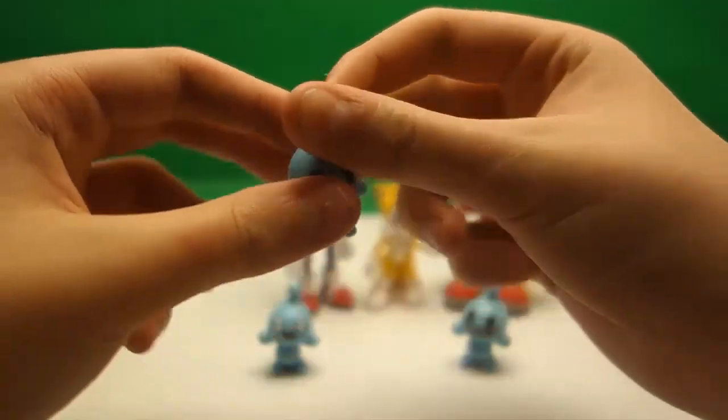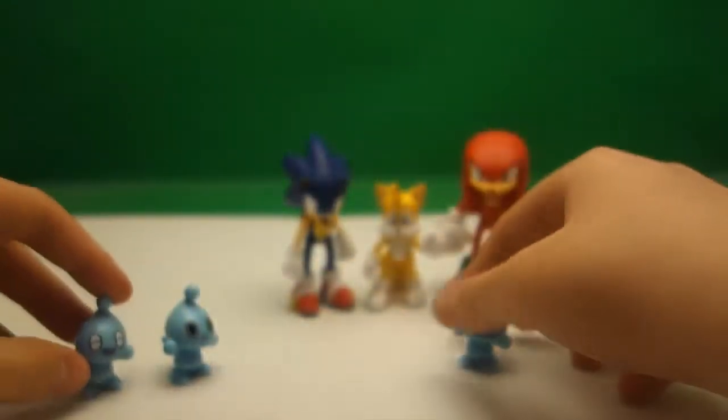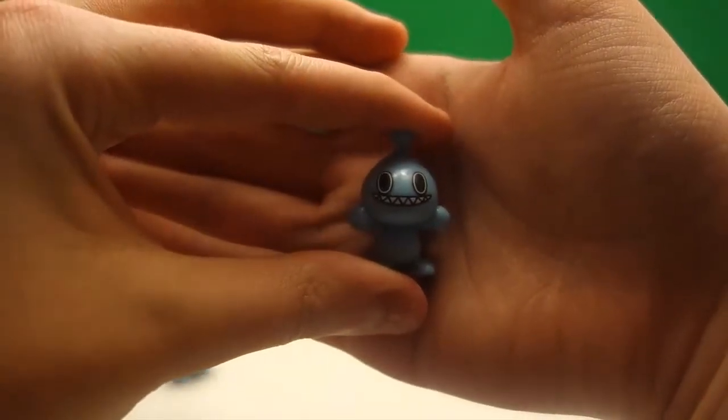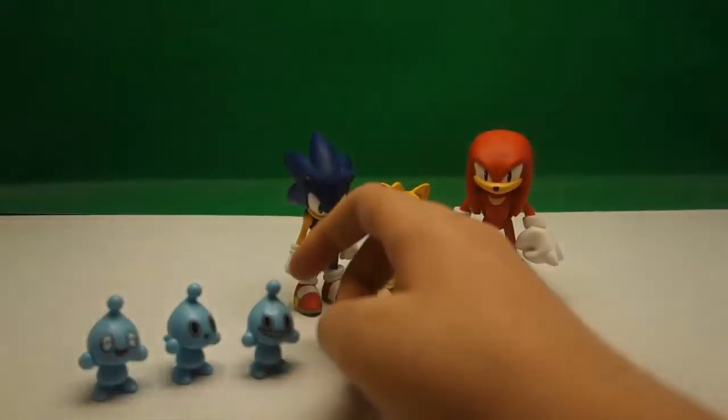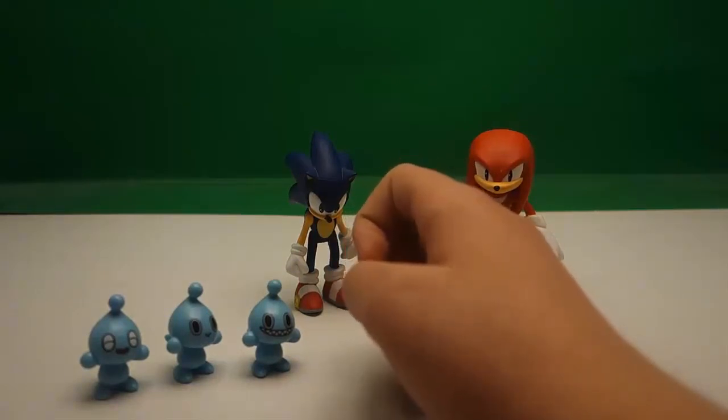Here are the wings and all that. Here is the one in a much happier expression. And here is the one with the sharper teeth. And yeah, I mean the faces on them are okay and the sculpts are okay. I'm just extremely annoyed that the pupils are black instead of this darker blue color,